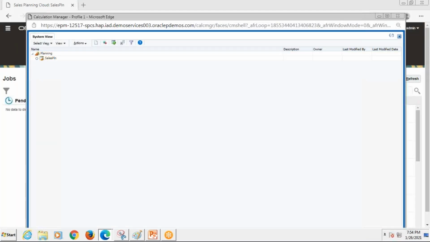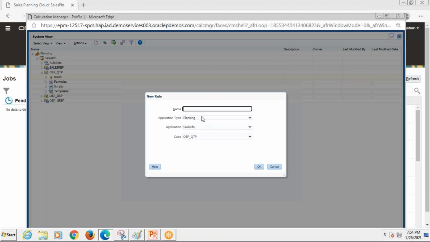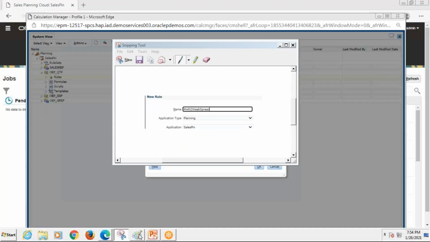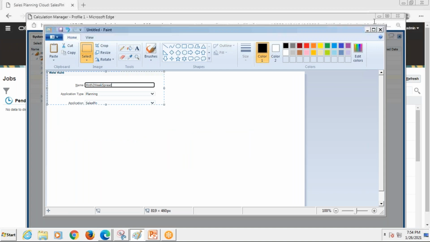Going to the planning, sales planning, quotation planning, and creating a rule for it. Starting with the new rule, and the rule name I'm giving is month to week spread.